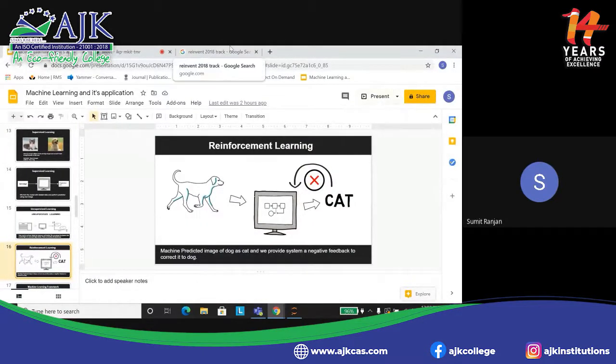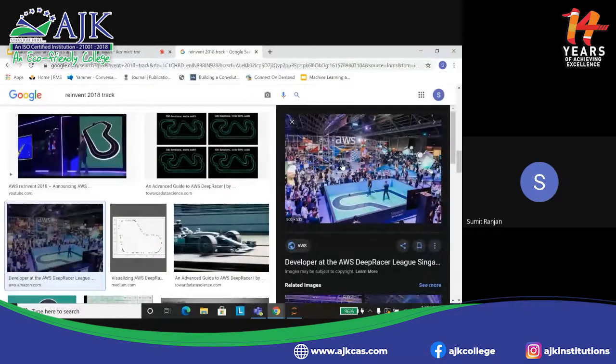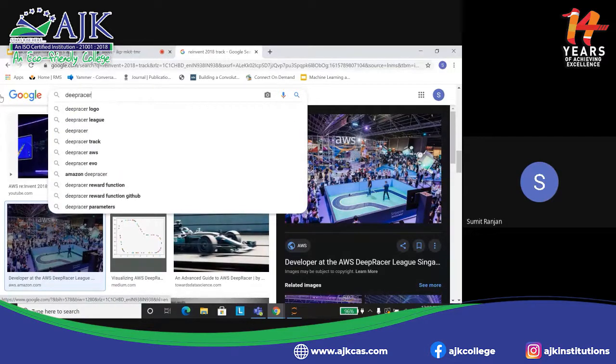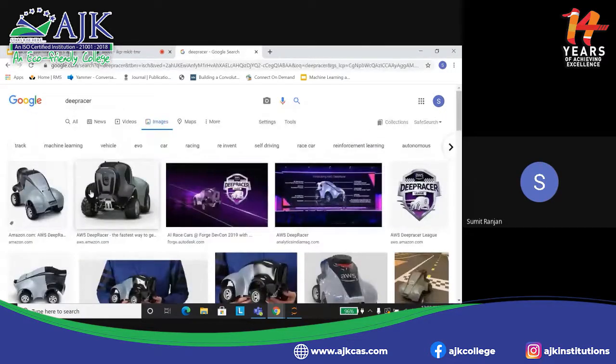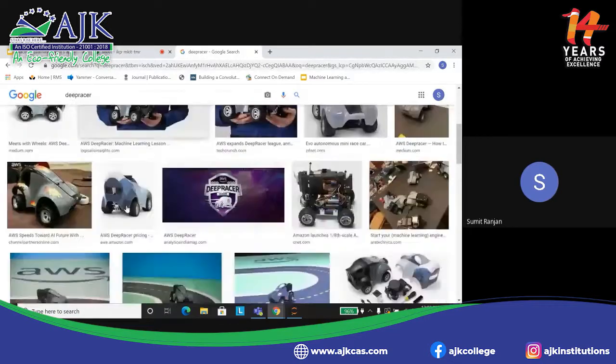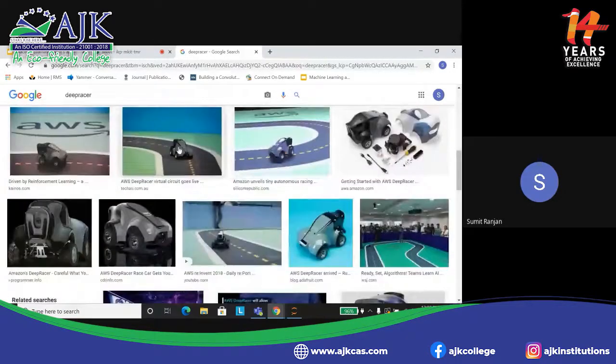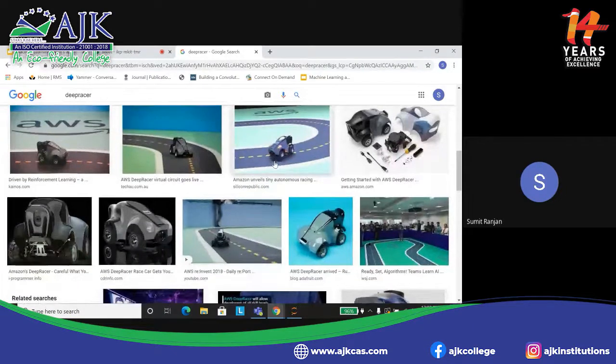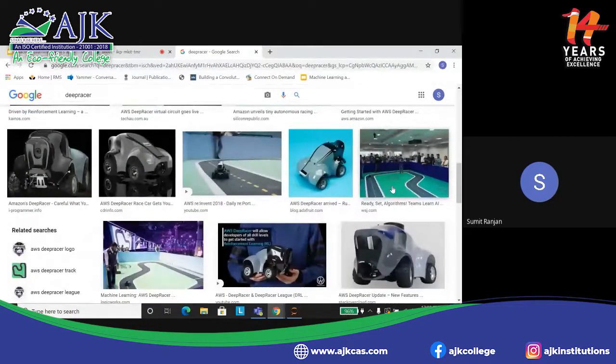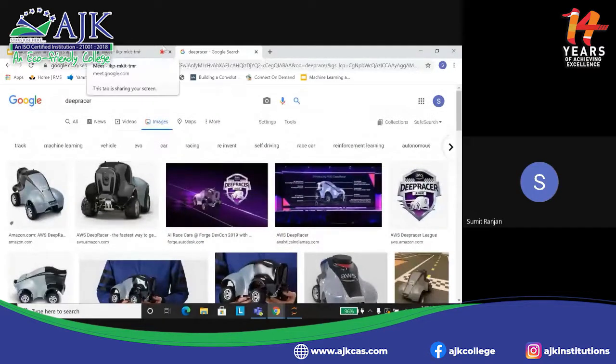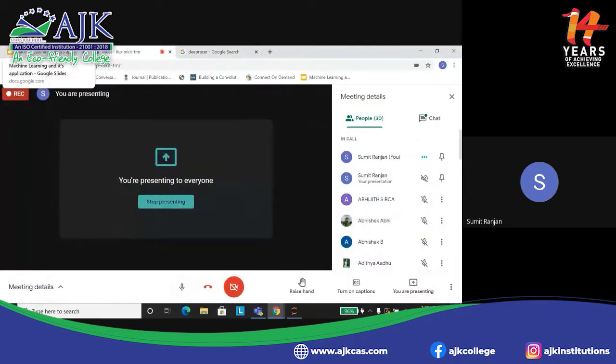You guys can try to participate later, after a few years when you learn it. It's a really interesting competition that keeps on happening. You can search for Amazon re:Invent 2018 track, or search for DeepRacer. So this is the car. They'll put your model in this and it will just run on this track. Okay, so let me come back to